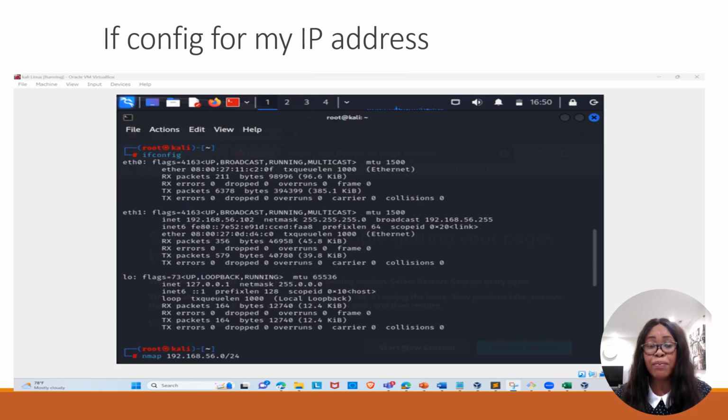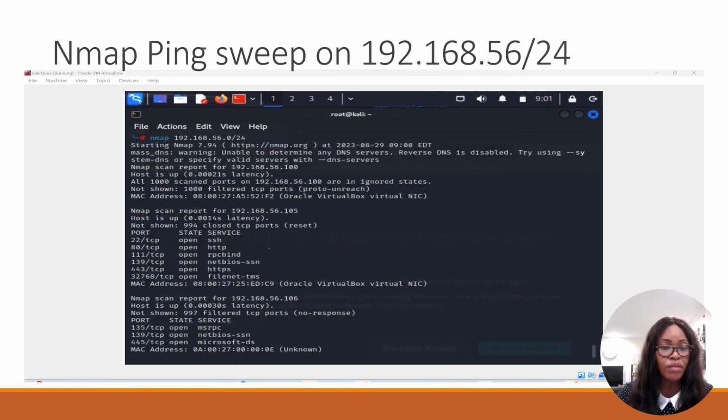And here is my IP config for my IP address for my Kali Linux box. It shows that my Kali Linux box IP address is 192.168.56.102. So I did my Nmap ping sweep on 192.168.56.0/24, and this shows that my Cubase 1 machine IP address is